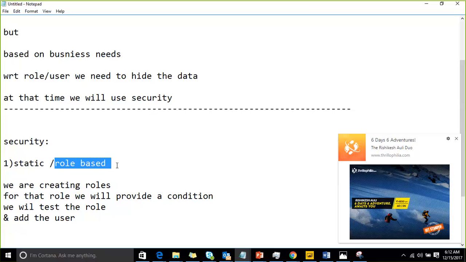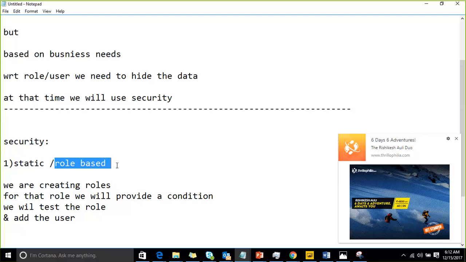See, if I log in to my bank account, I need to see my information only. I should not see all the people's information, right? But the person who is developing the reports in a bank, or who is working on the bank application, needs to see everything, right? So he needs to provide a security in such a way that whoever logs in to that bank application, the user needs to see his relevant information.